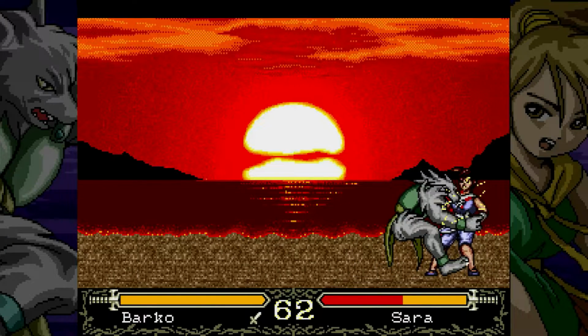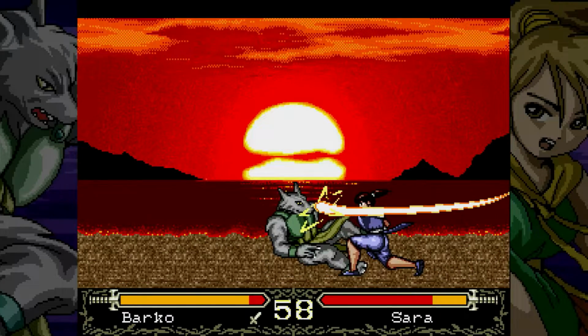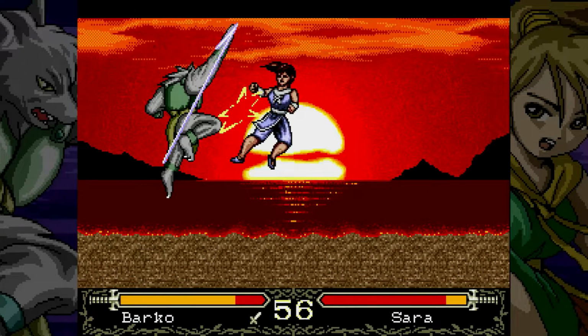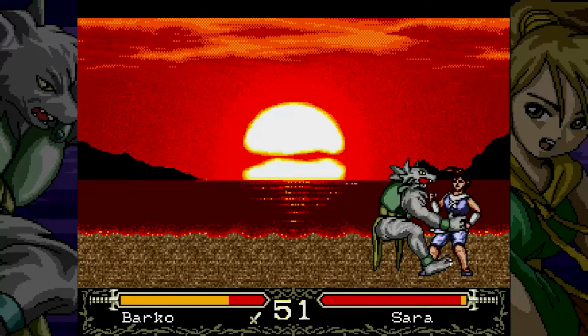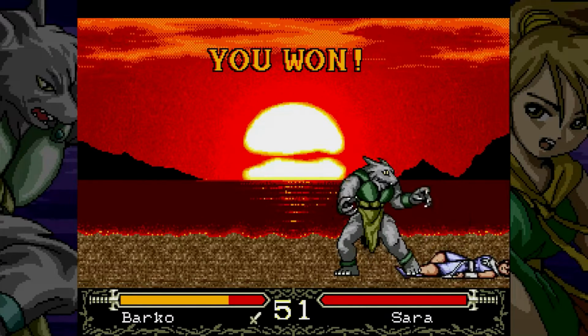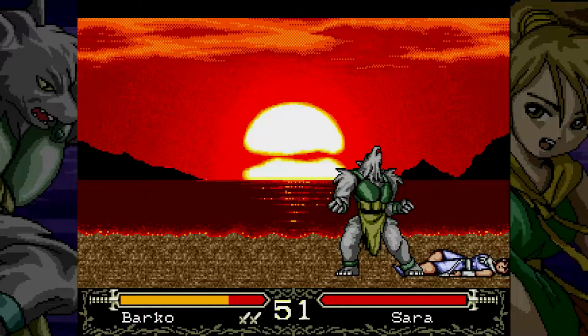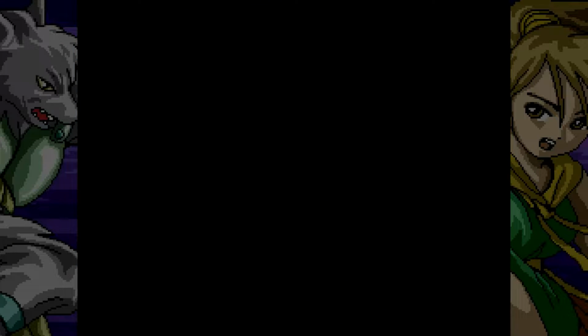Honestly, I just described the CPU. Most of their habits involve spamming the same move over and over. You might have seen Sarah just constantly doing the knee attack back to back, which is kind of ridiculous. And yeah, it's a CPU, if I haven't said that already. As for playing this game against another person,